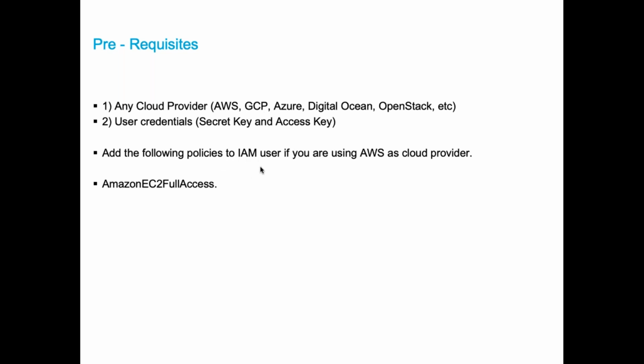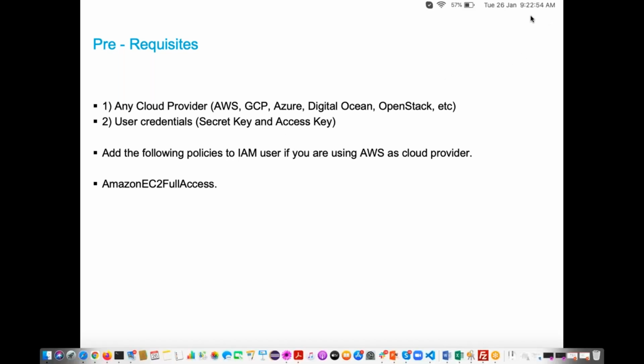Now, whatever examples I am going to write, they are with respect to AWS. If you want Azure or GCP, we will help you. Okay. So first we'll focus on Terraform with AWS. Based on your requirement, you can contact the admin team, and they will help you use other cloud providers also. Okay. Nowadays Azure also has a very good market compared to AWS, because Microsoft is providing it at less cost.